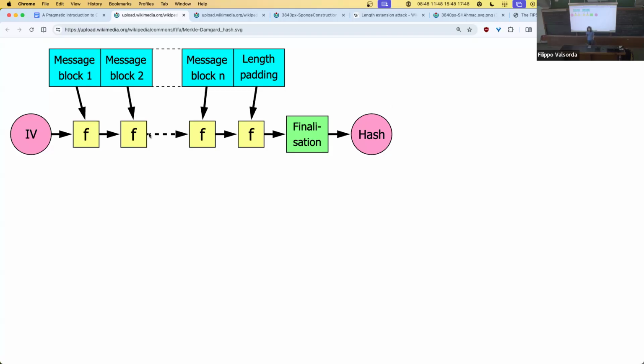And that breaks neither collision nor pre-image because the hash output will be different. But it does break the random oracle model because it means that if I give you the hash of one block, you can give me back the hash of that block followed by some garbage, which is the length and the padding, plus whatever you want, because you just keep hashing whatever you want into it.